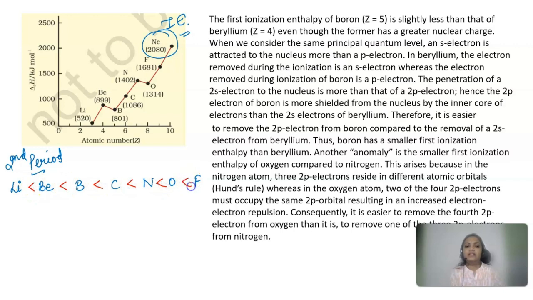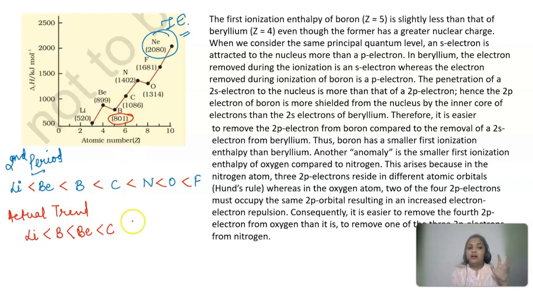So most of us will think, left to right, it is increasing, right? But you have to keep the electronic configuration in mind as well. Now just see the chart. The actual trend is, first, it is increasing from lithium to beryllium, and then after beryllium, boron has lower ionization enthalpy than beryllium. So it means boron will come before beryllium, then it's carbon,